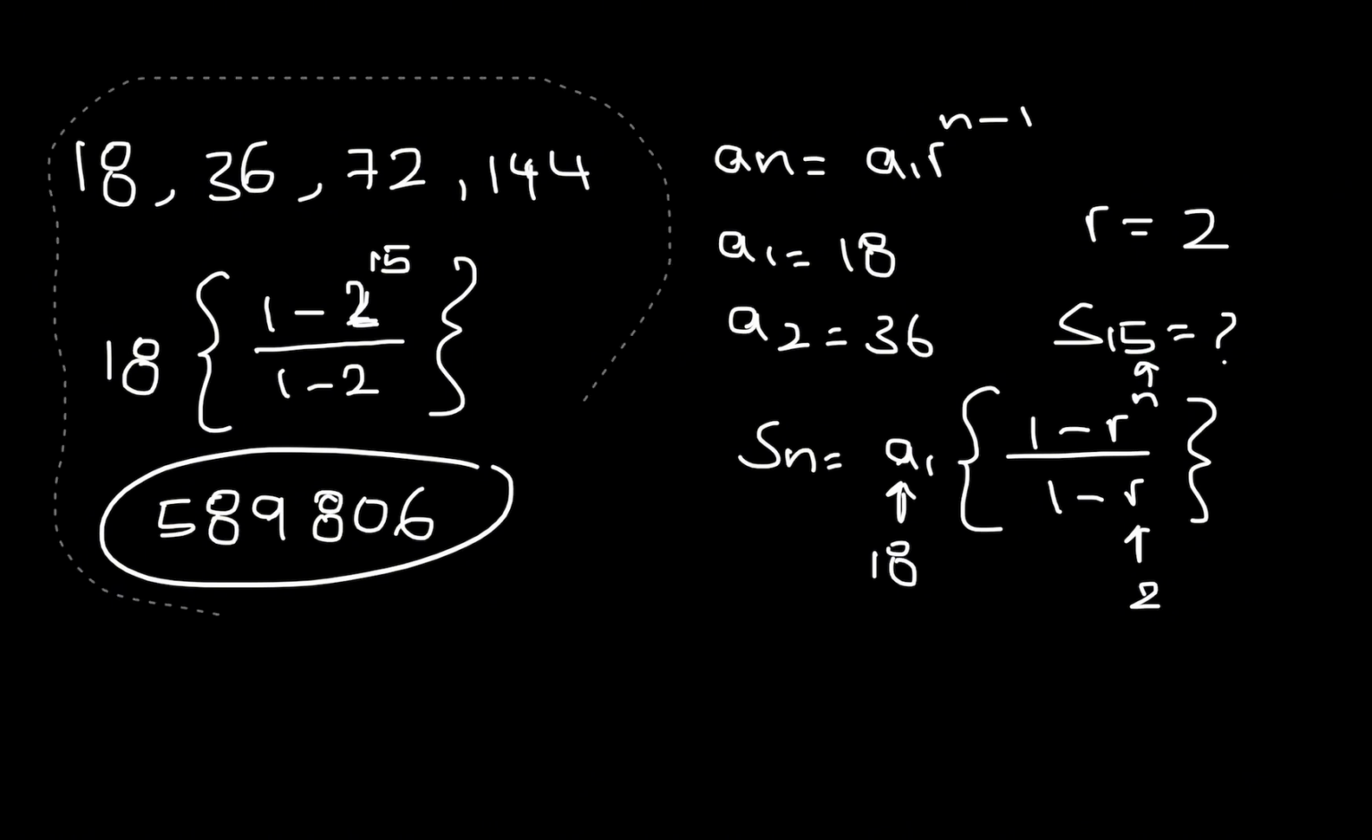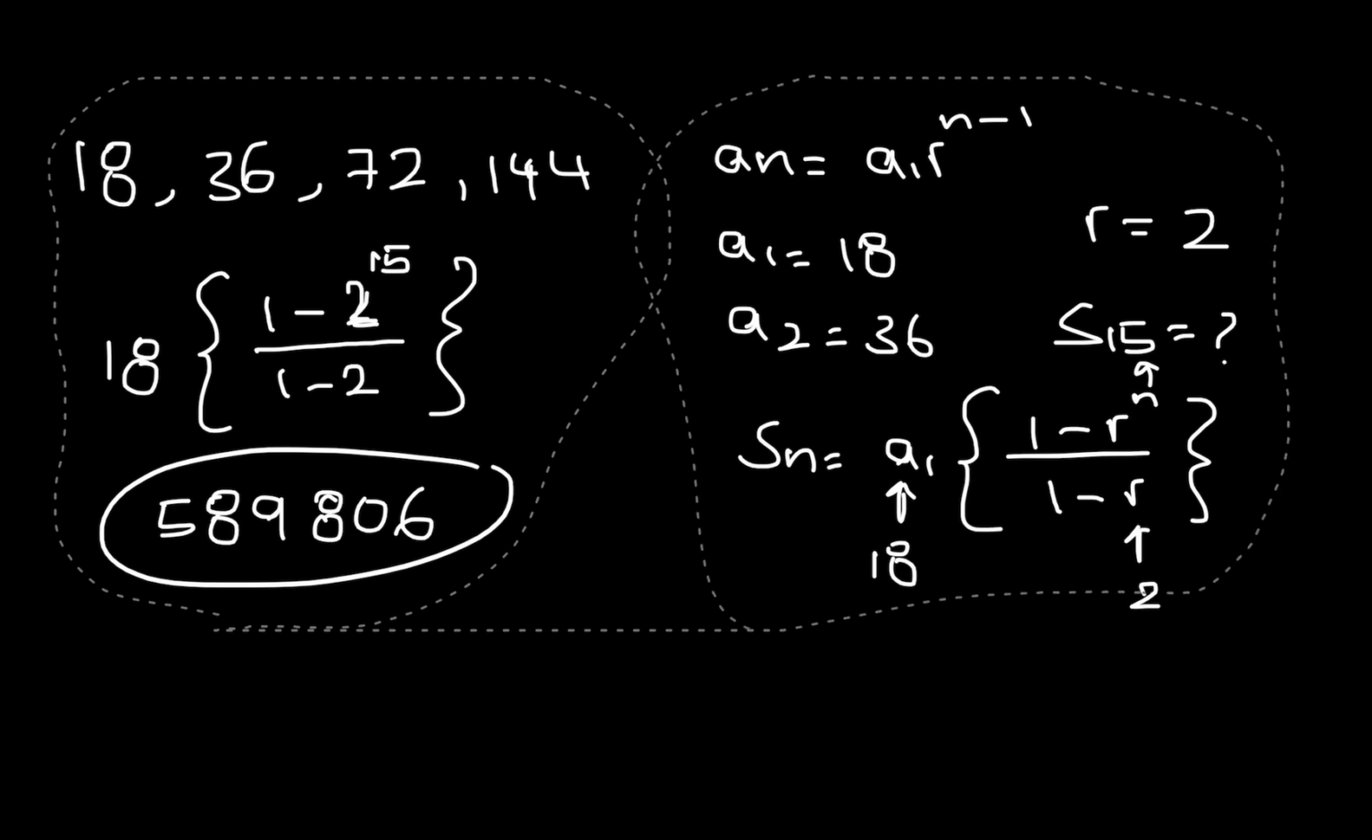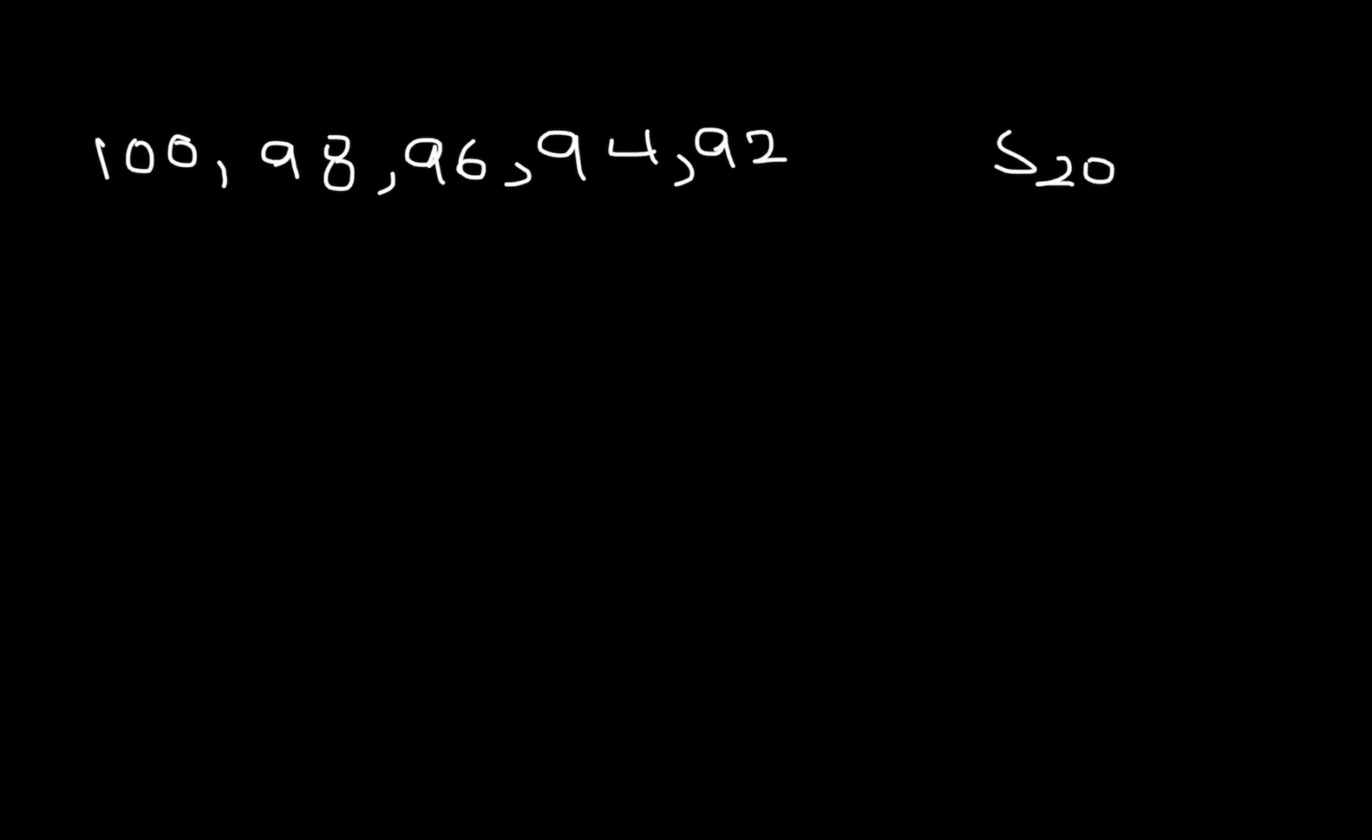Let's try another one. Let's take the very first sequence we had at the beginning of the video and find the sum of the first 20 values. Now, the formula for finding the sum values for the arithmetic sequence is not the same as the formula for finding the sum values of the geometric one. There is a different formula, and that is